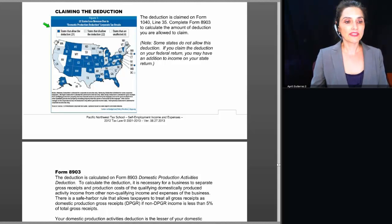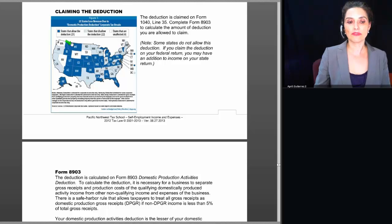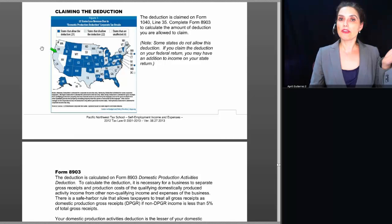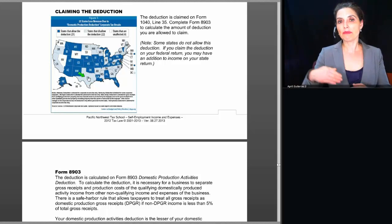And all of the states that are in dark blue here allow the domestic production activities deduction to flow through from the federal return and be allowed at the state level. And all of the states that are in this gray color disallow the deduction. So if you're preparing a tax return for a client who lives in any of the states shown in gray, then you're going to have an adjustment that needs to be made on the state return, probably to add that